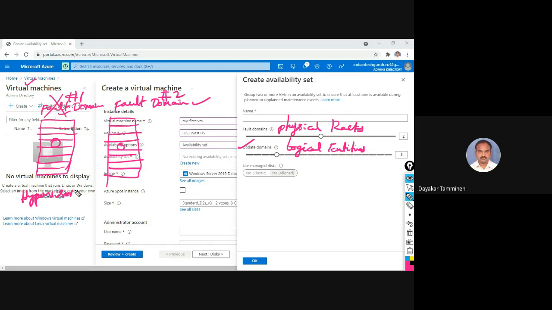So what are the different virtualization softwares we have? What is the most popular virtualization software? Can anybody tell?